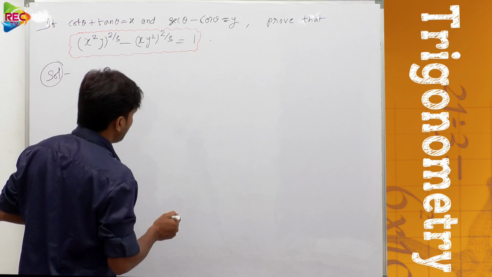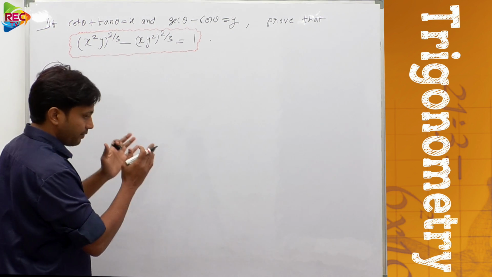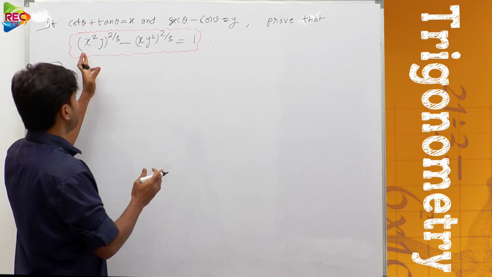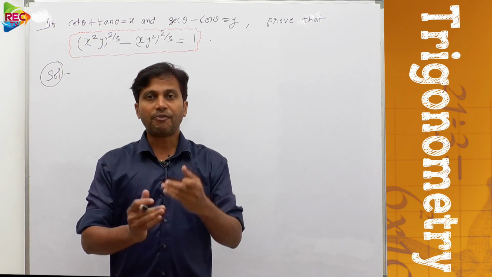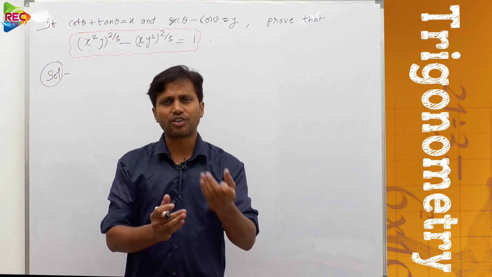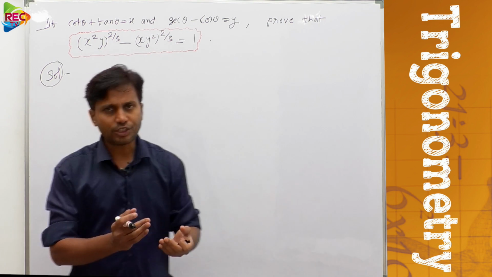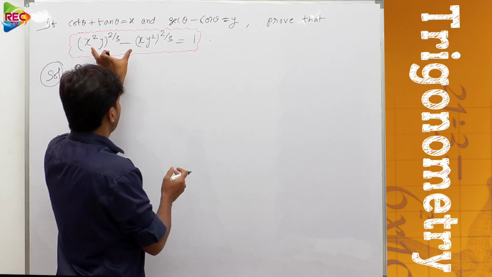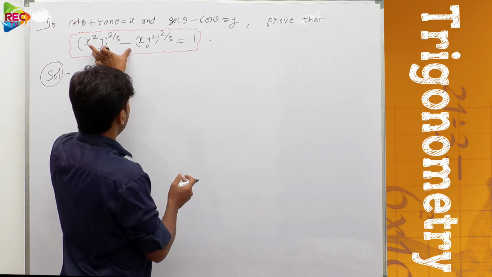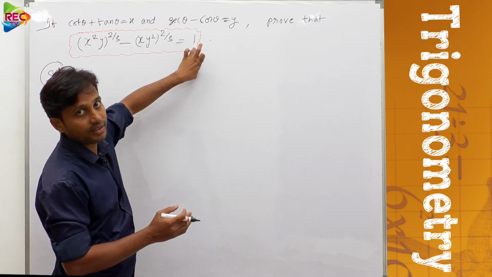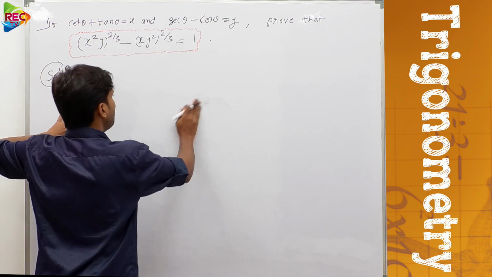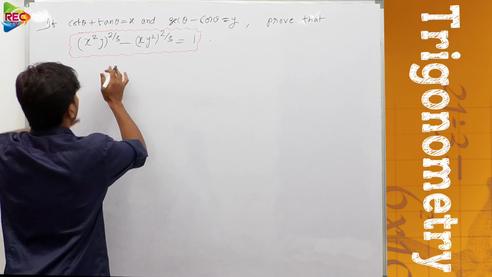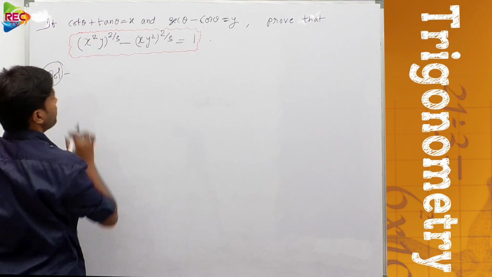So what we have to do here? Here our target is to find out the value of x and value of y in simplified pattern. Simplified pattern in the sense in terms of sine and cos. Okay, then we need to take the LHS part of this equation and we need to get RHS part. That's it. So we have to take here x. Okay, let me find out first. Okay, cot theta plus tan theta equal to x.